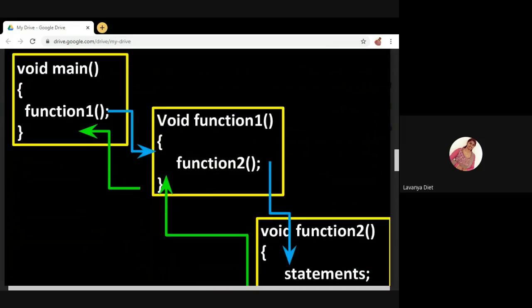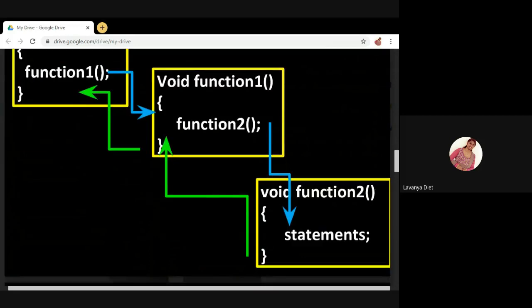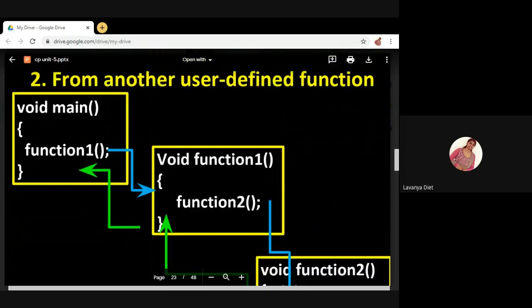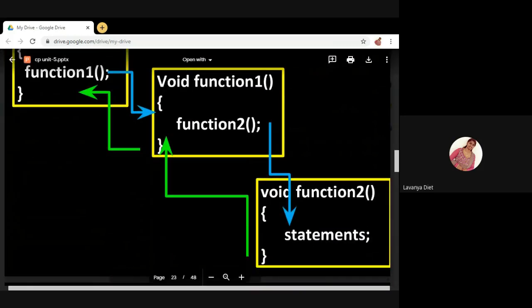Inside function1 there is another function, function2. Here control goes to the function2 definition, because inside another function you are again calling another function. See the blue mark. Now control goes to the function2 statements.